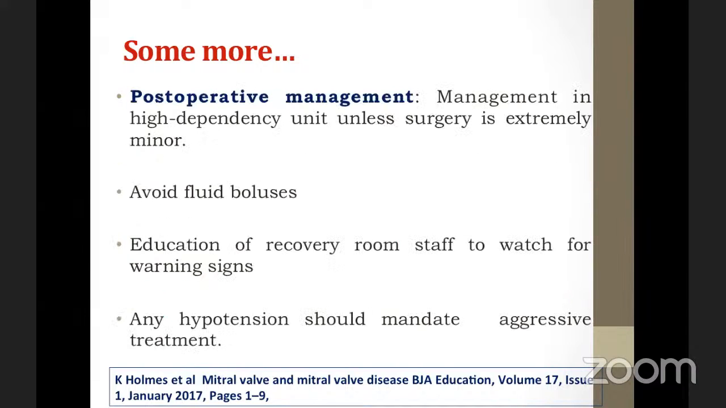Post-operatively again, manage the moderate to severe case in a high dependency unit unless surgery is extra minor. So fluid bolus should be avoided, and the entire operating room staff should be educated to look for the warning signs, especially there should not be any tachycardia, there should not be any hypovolemia, one should avoid any hypotension, everything should be aggressively treated. So the recovery team members, including the nursing staff, should be trained well regarding the post-op management